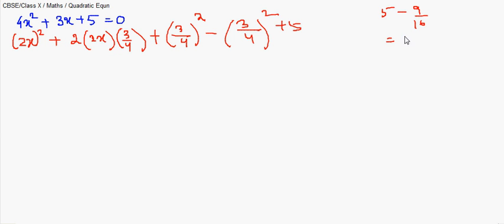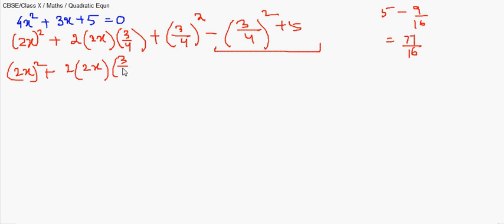So either you do it this way, or you do the rough work and put it there as 71 by 16 directly. So it is 2x whole square plus 2x and 3 by 4 plus 3 by 4 whole square